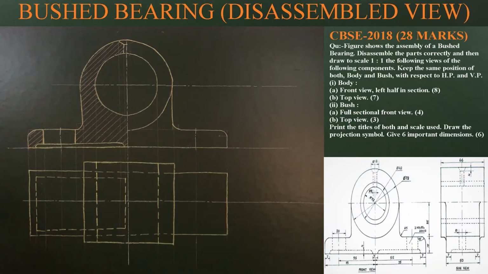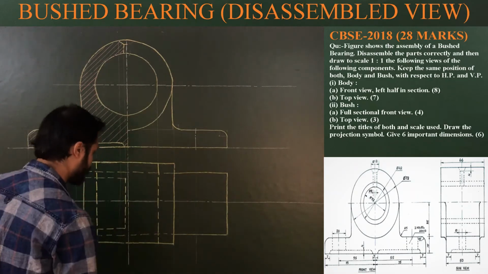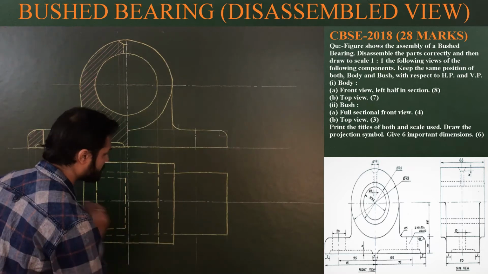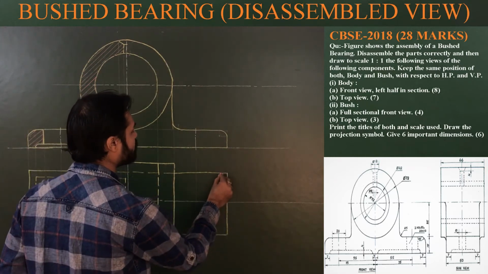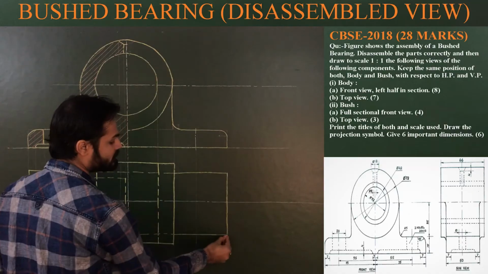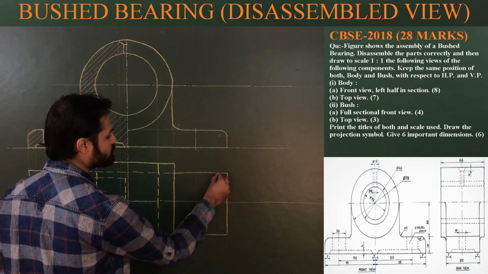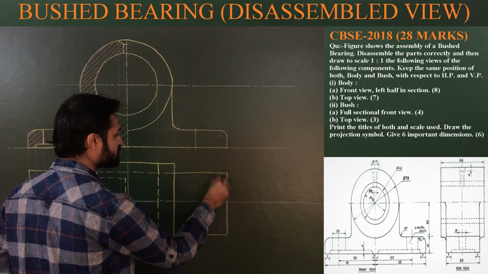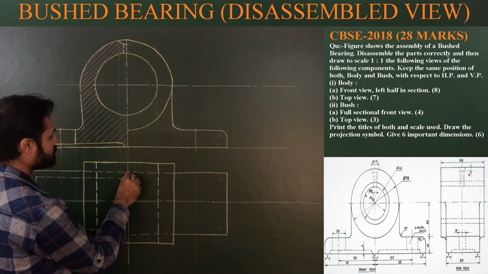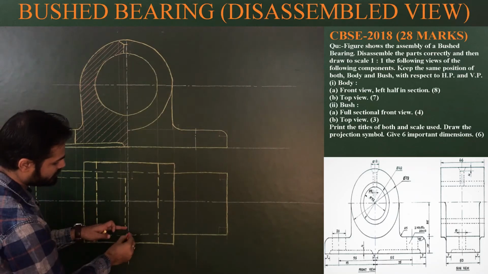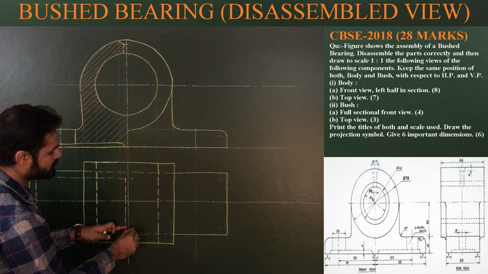Now repeat this process for the right side also, because from the top we have to draw these hidden lines. Again we'll extend it. You can extend it like this, and from this corner 7 and 7, from this corner 7 and 7. This is the first point or corner from where we have to start. This is the second corner. From this point 3.5, this is 3.5 and 3.5. So these are 4 corners.